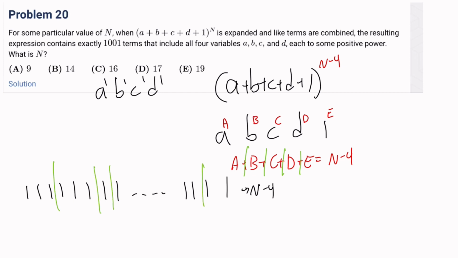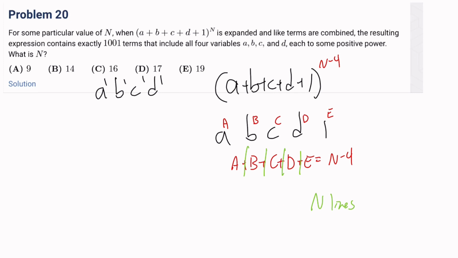Like this and like here. And so we need to add 4 boundary lines. This would give a total of n lines, right? And so our final equation would be that 1001, which is the number of terms,